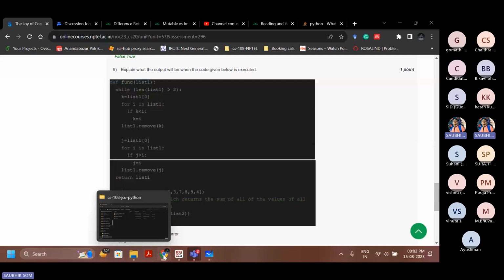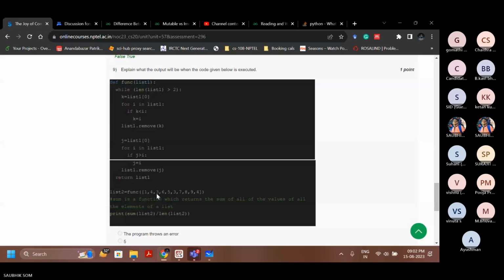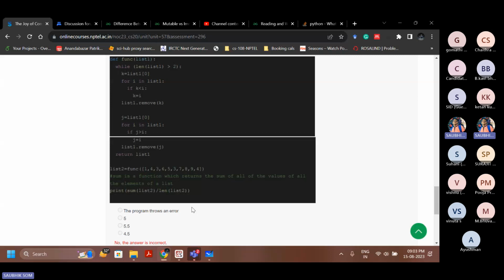So the sum will be 4 plus 3 plus 4 is 7, plus 6 is 13, plus 5 is 18, 18 plus 3 is 21, 28, 36, 40. Correct. And what is the length of the list? 1 2 3 4 5 6 7 8 9 10. So 40 by 8, or 40 by 10, it's giving me